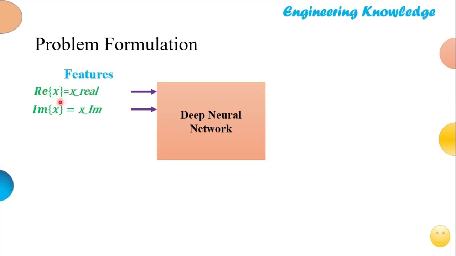So I'm going to use quadrature phase shift keying modulation, in which every symbol is 90 degrees away from each other, which means the complete 360 degrees is divided into four symbols, and each symbol is 90 degrees apart, basically 360 by 4. The labels also will become a combination of real and imaginary parts, as I will demonstrate later, because x is real and imaginary. We'll also take noise to be complex Gaussian.